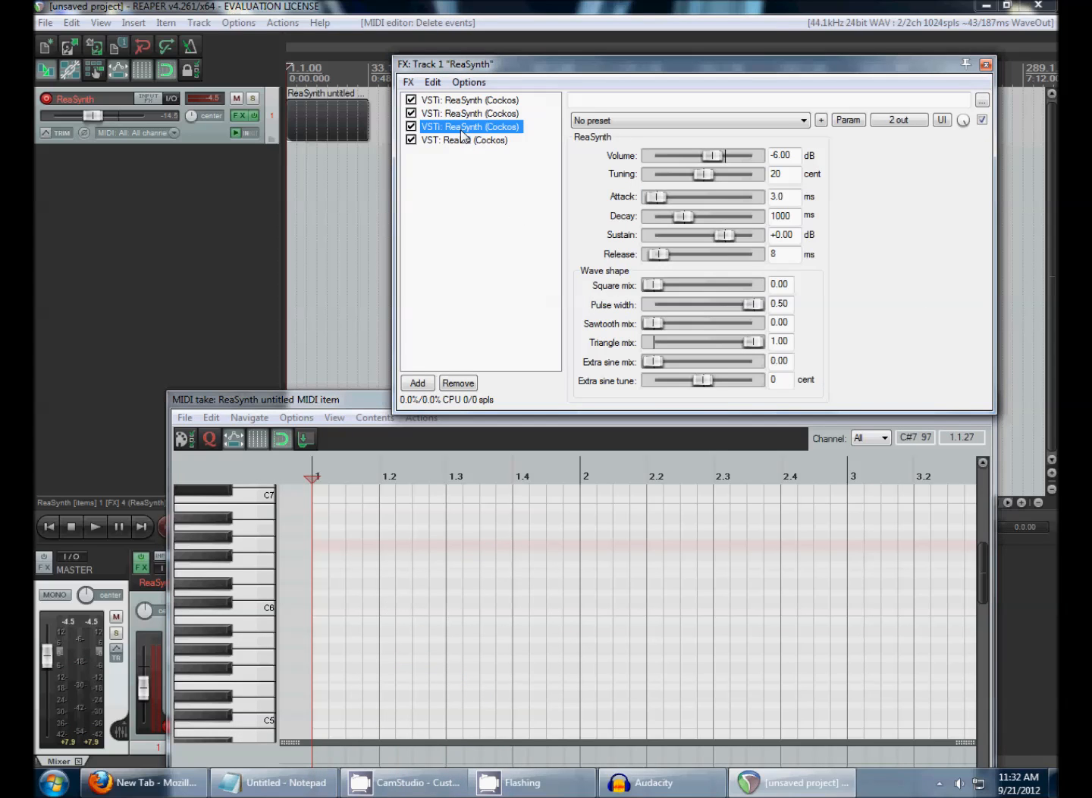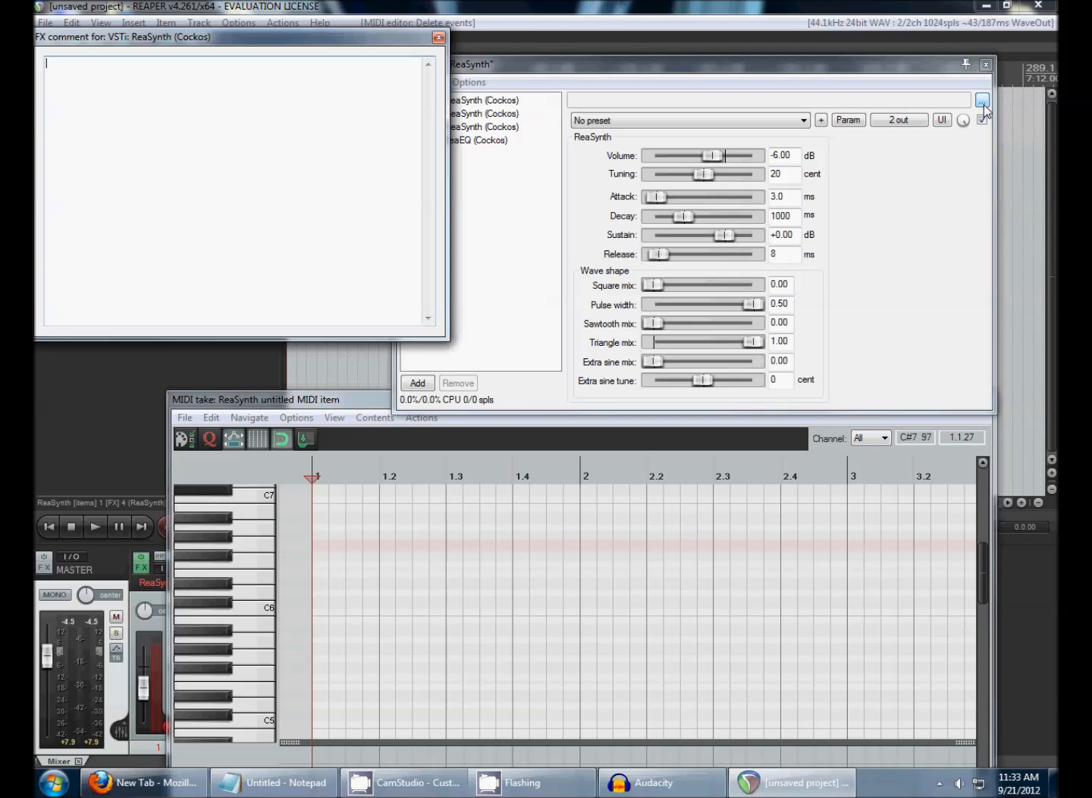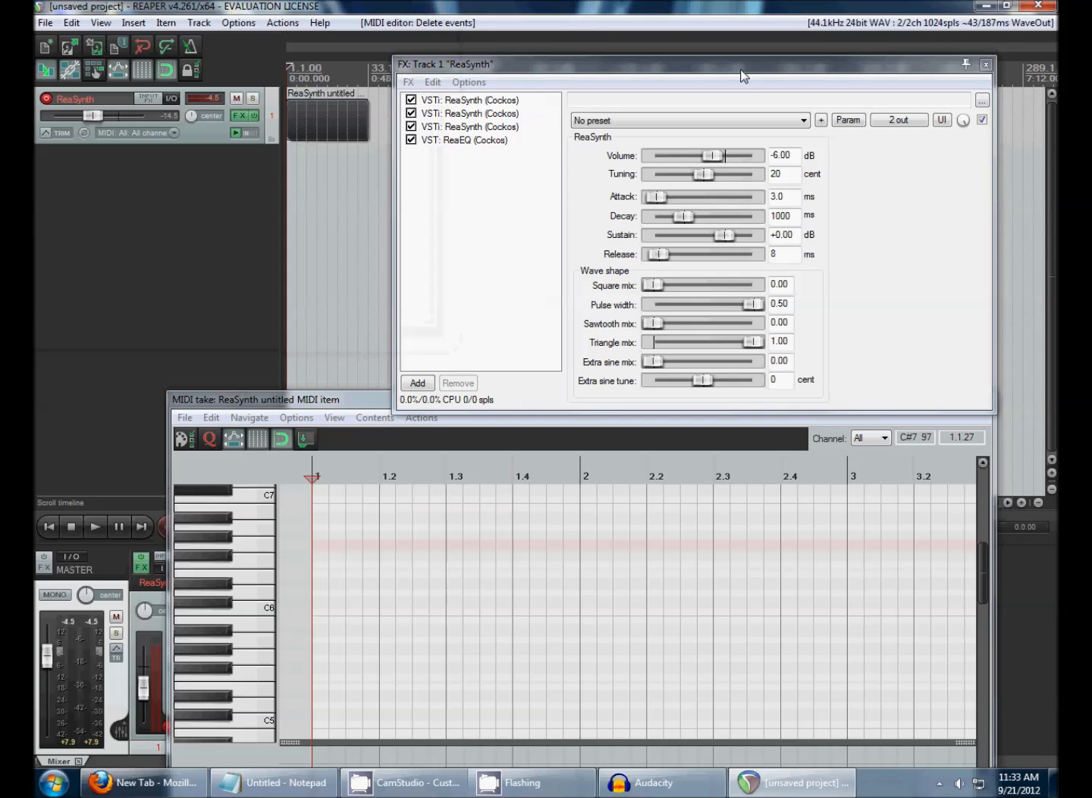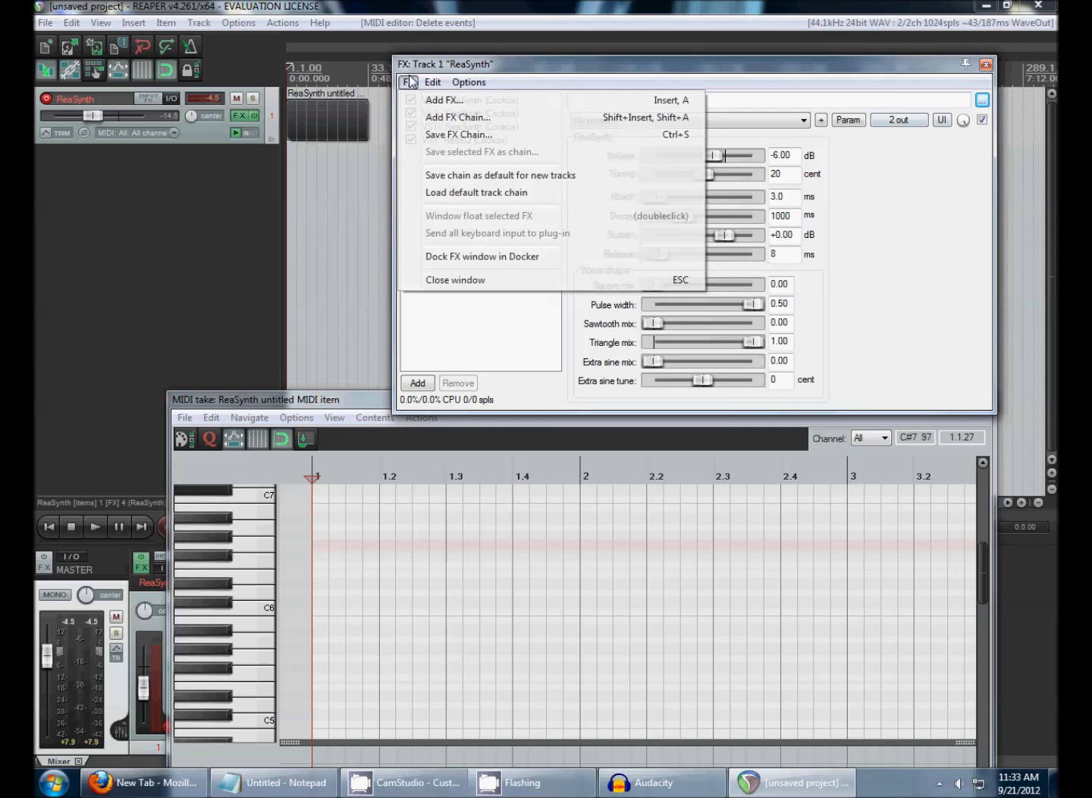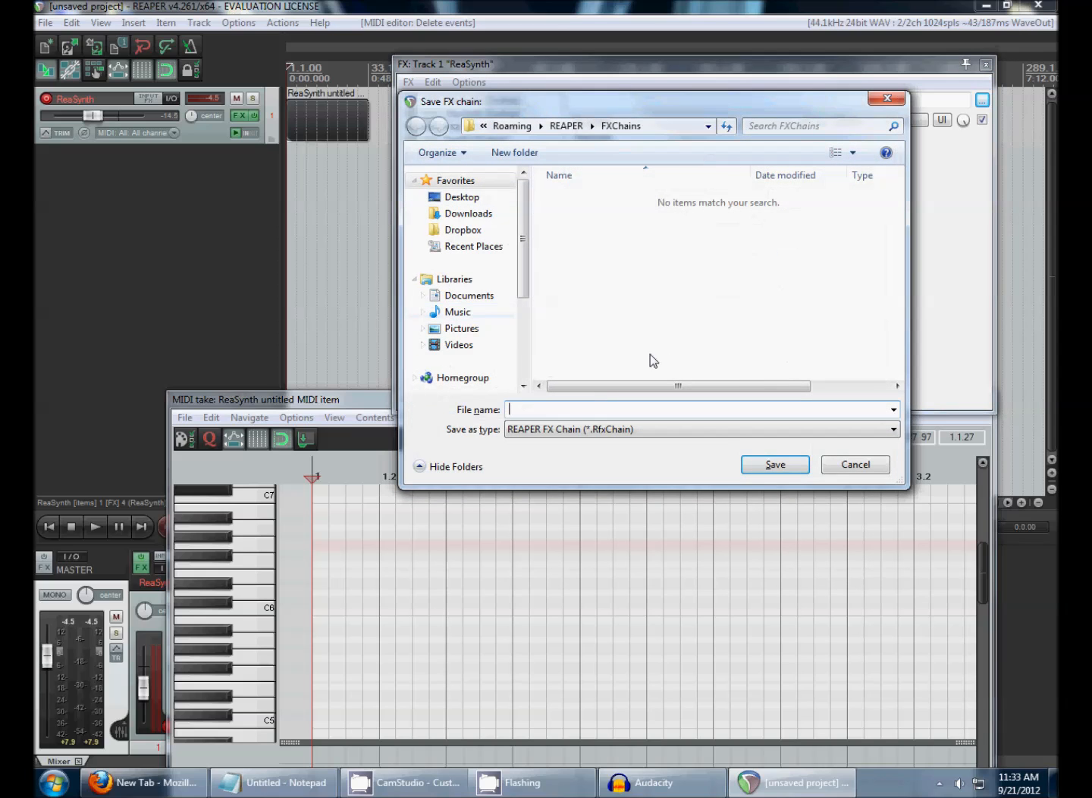When you mess around with synthesizers, you'll often come up with these cool combos that you really like. What you want to do then is go into this box here and click these 3 dots. Wait, no, sorry. Right, okay. Go up to FX and save FX chain. I usually just hit Control S, but I wanted to show you where the button was. So, and you can save this as